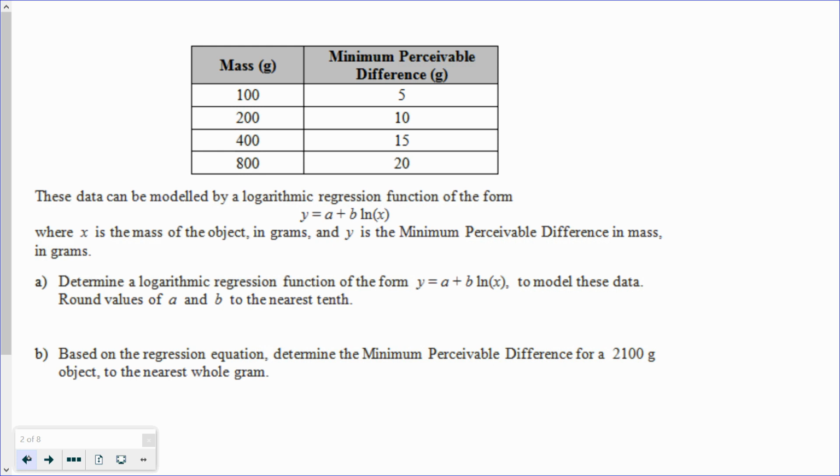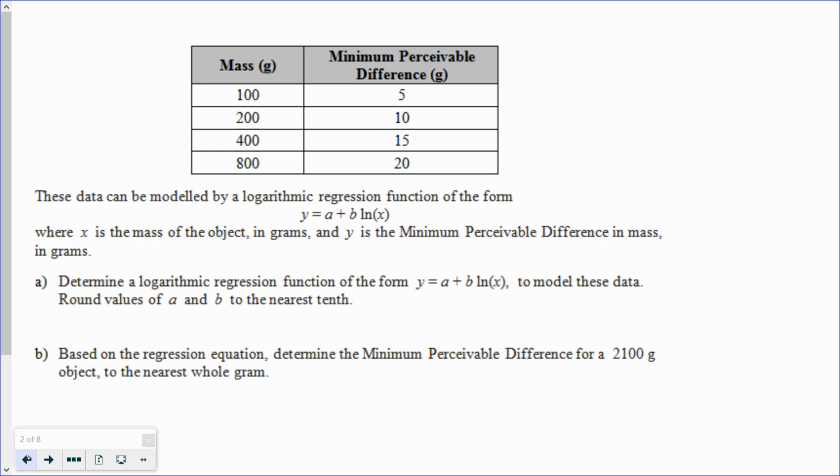So the question says, when objects of different mass are compared without a scale, to be perceived, the difference in mass must be large enough. So if you take two things and you're holding them in your hands, and they have a very small difference in mass, sometimes you can't tell which one weighs more. For example, when held in a person's hands, masses within 5 grams of 100 grams will seem to be the same. So if I handed you something that weighed 95 grams and something that weighed 105 grams,